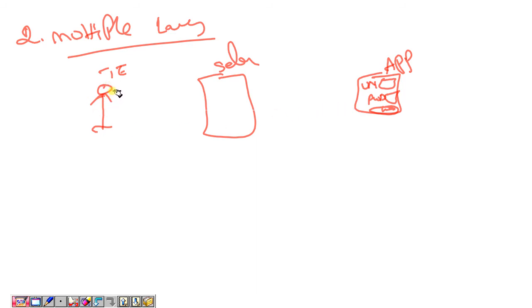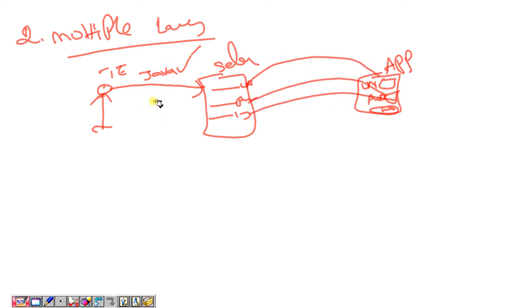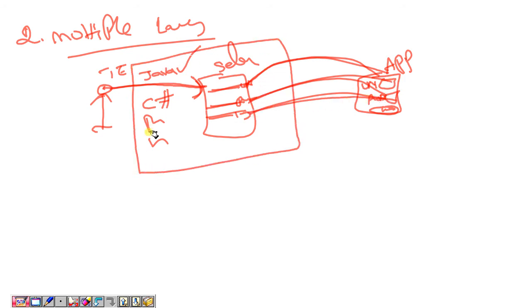To do these actions using Selenium, the test engineer can give the instructions with the help of Java: enter the username, enter the password, click on the login button. Selenium can understand Java and perform the same actions on the application. In the same manner, the test engineer can give instructions with C#, Python, Perl and some other languages. Selenium can understand all that and perform the same actions. So Selenium supports multiple languages also.